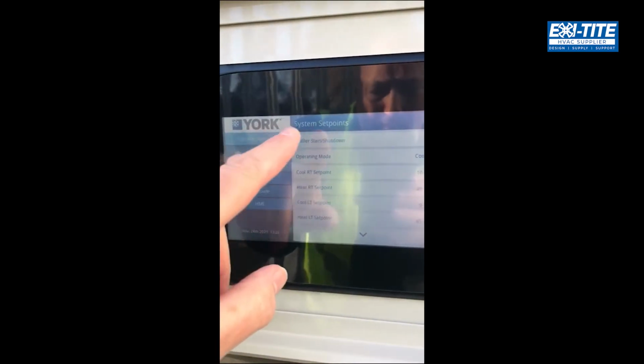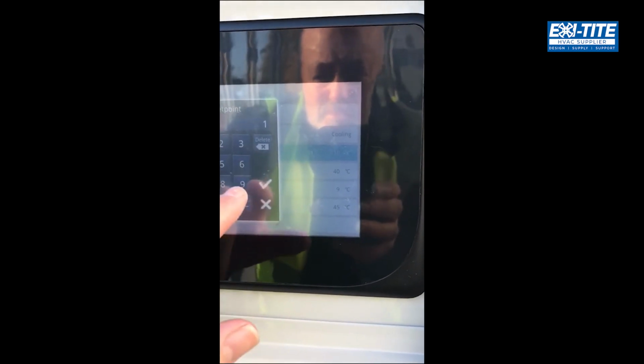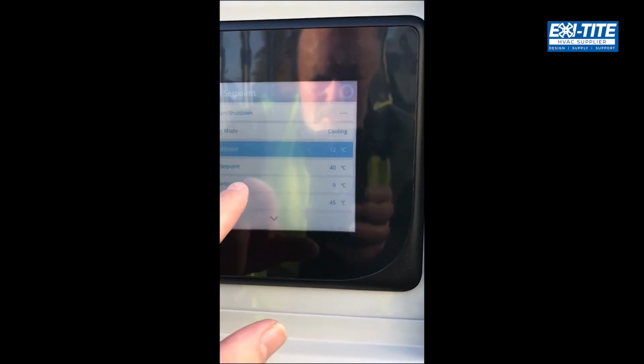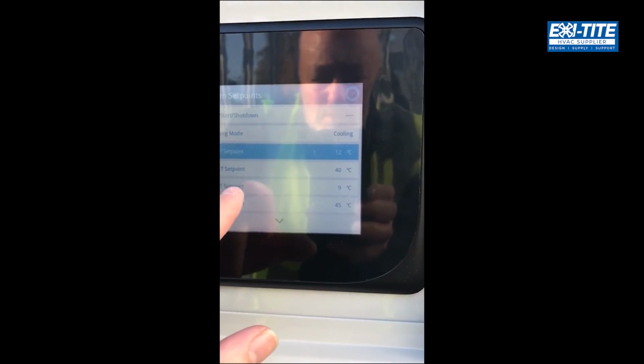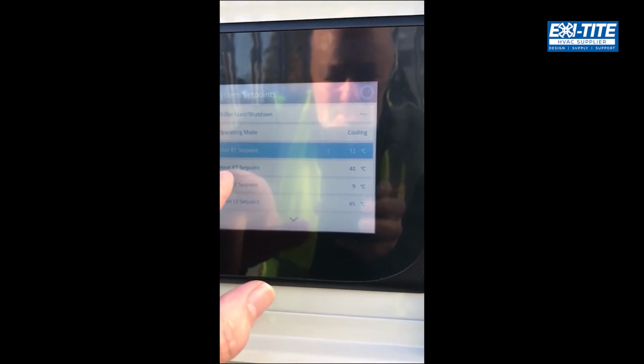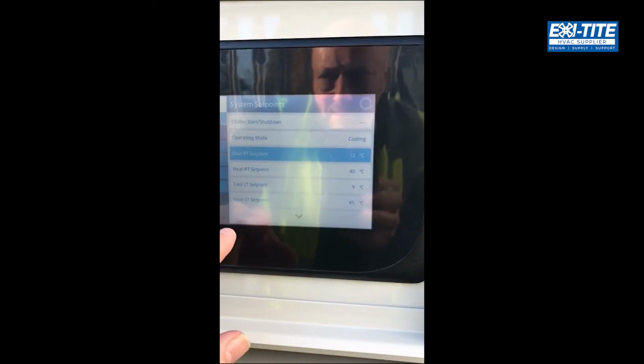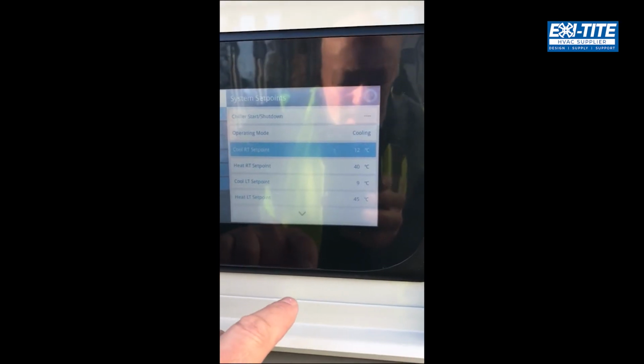We can go into system set points and we can change return set point. For example, we can change that to 12 degrees. So this is not a heating model. We have the YMPA range that has heating and cooling, but this one in particular is a cooling only